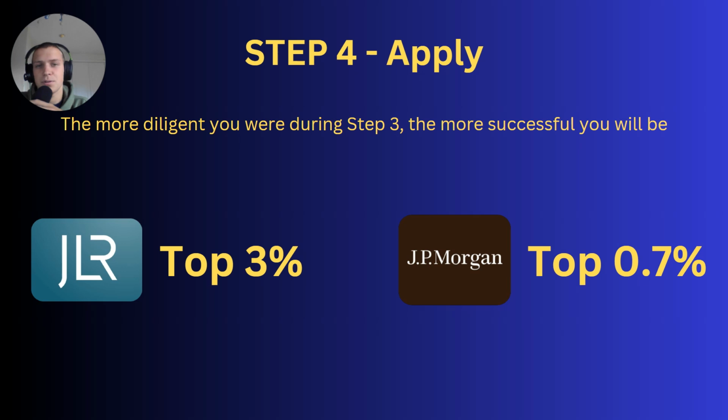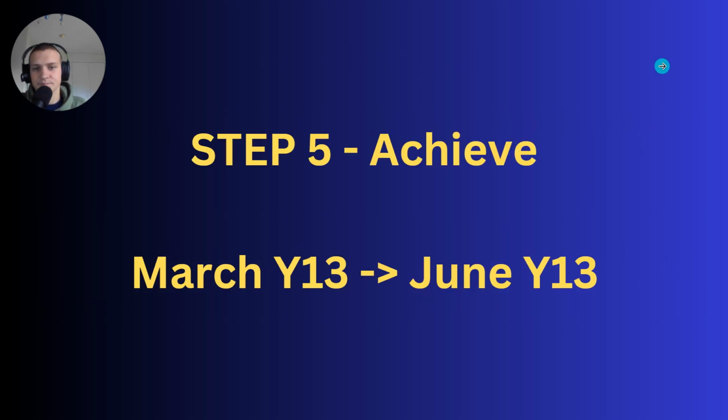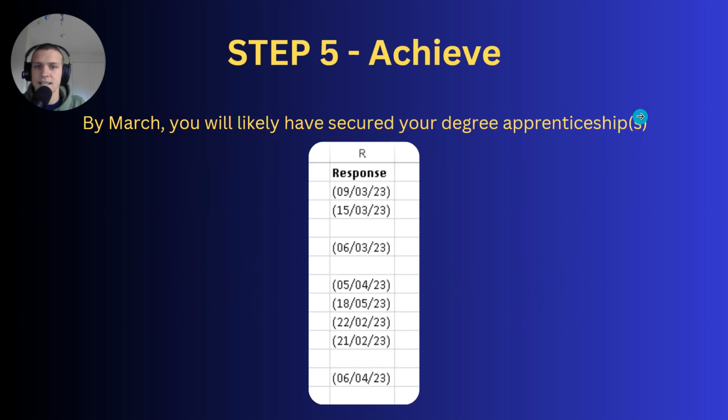It's like, no, you do have to put the work in, okay? Let's move on to step 5 now, achieve. This is going to start from about March year 13, go to June year 13. So by March, you're going to likely have secured all your degree apprenticeships. And this is a really good thing about the degree apprenticeship application process, is it's probably all done